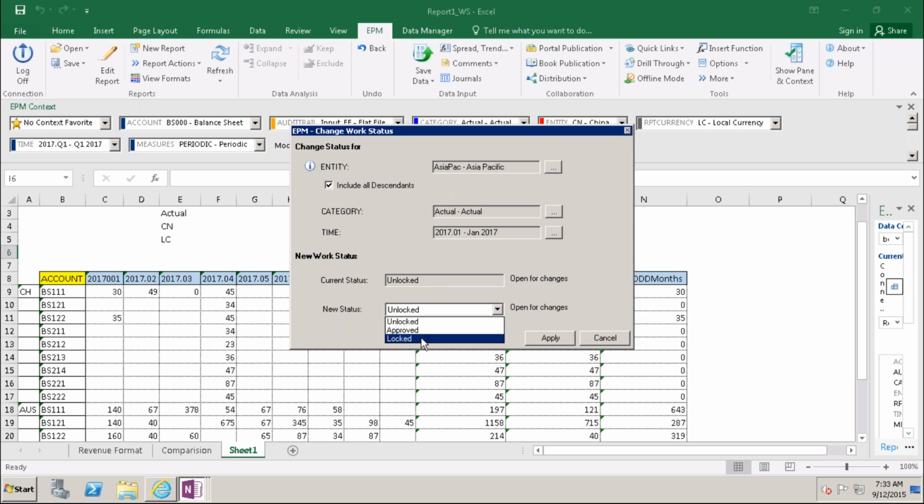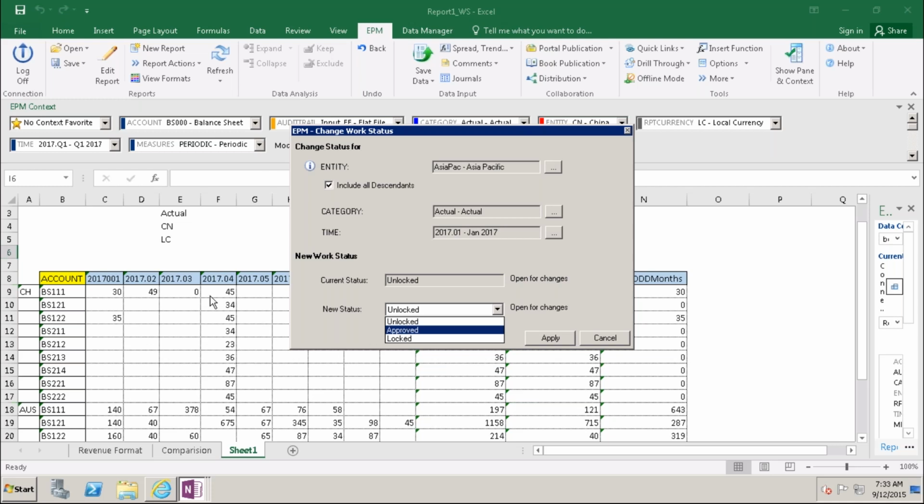unlocked, approved, locked. So he doesn't have access to the submit, because submit will be for the owner. Owner already submitted the data, and after submitting the data, that has come here to the manager.